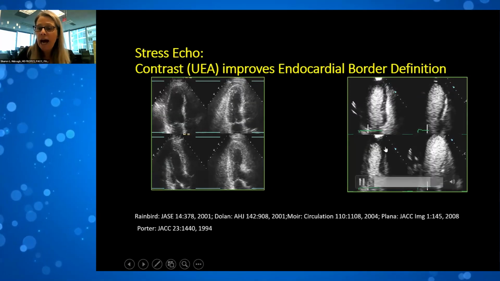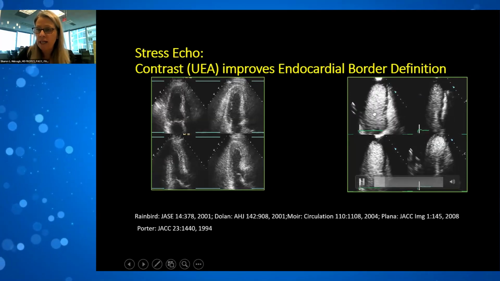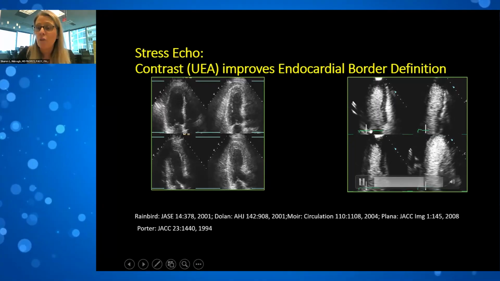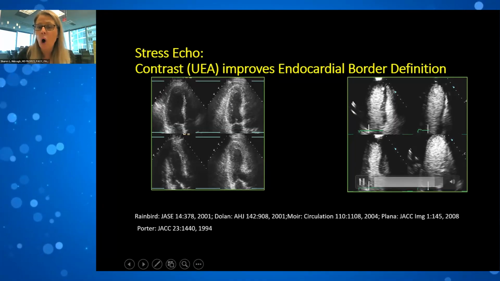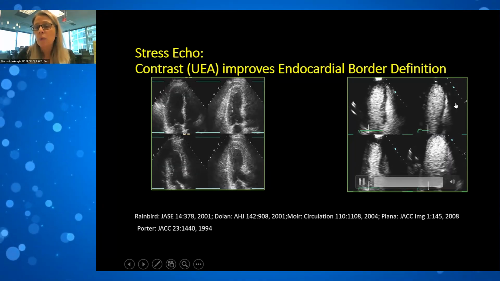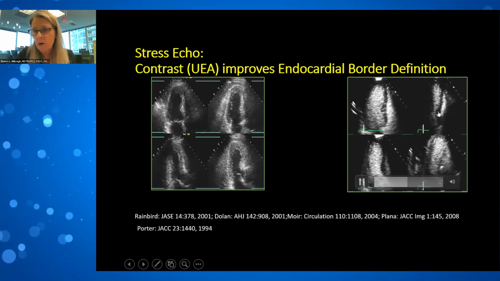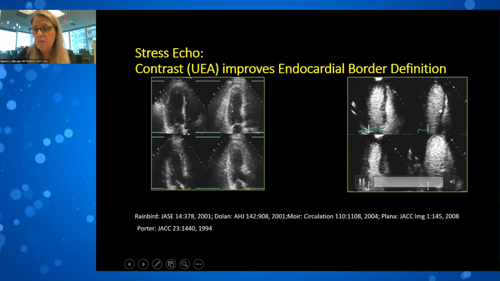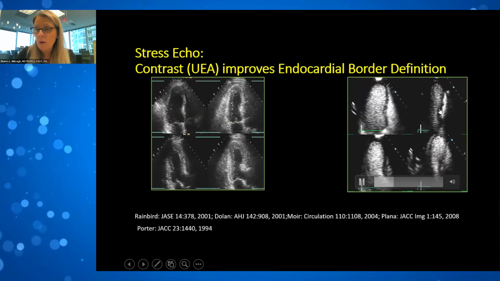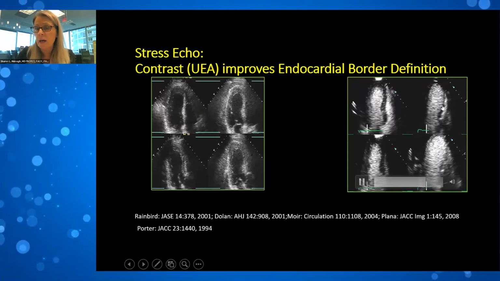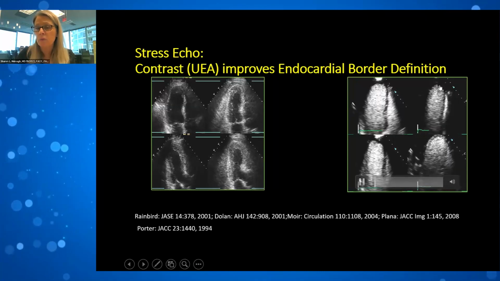And so what happens when you use ultrasound enhancing agents is that you can avoid apical foreshortening. You can see now all the way to the apex. And when you can see all the way to the apex, you see that it's normal thickness myocardium. And moreover, there develops a regional wall motion abnormality with a severe hypokinesis from the mid-anteroseptal region all around the